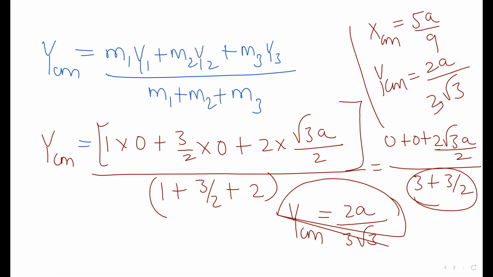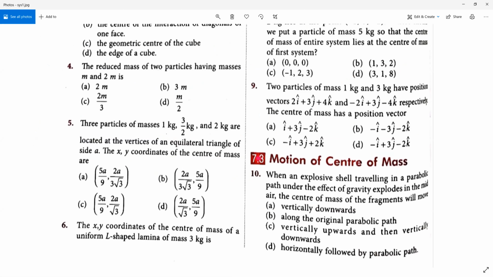Which is the right option? For the fifth one, the eighth one is the right answer. That is X CM, and this is Y CM. Do you understand? If you want to note down, you can note down these questions, and after the end of the class, try to practice these similar problems. Next we shall move to the sixth one.